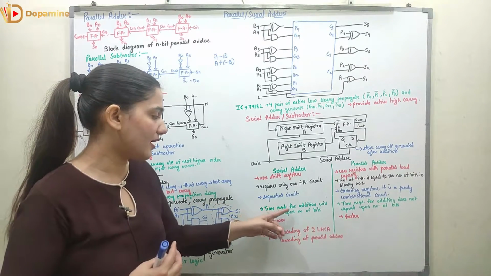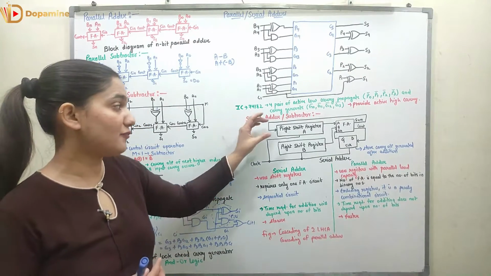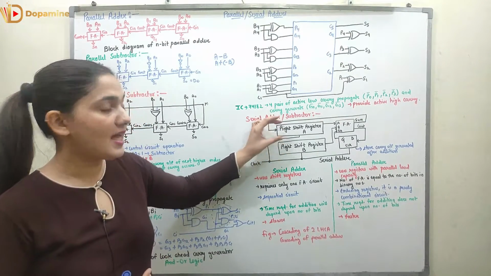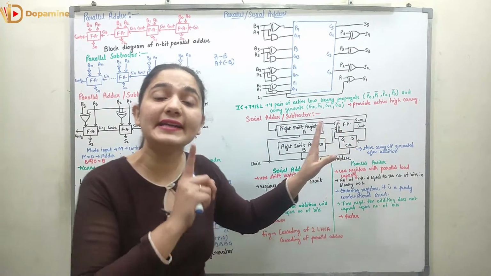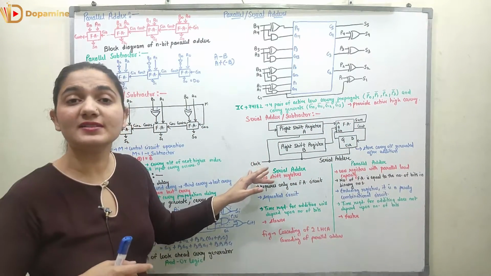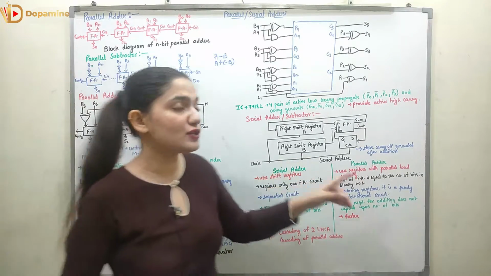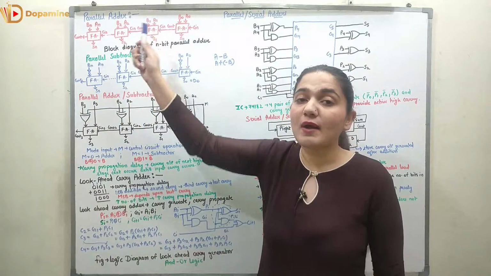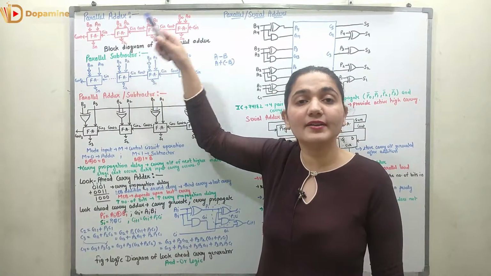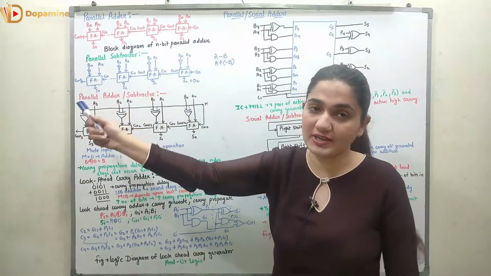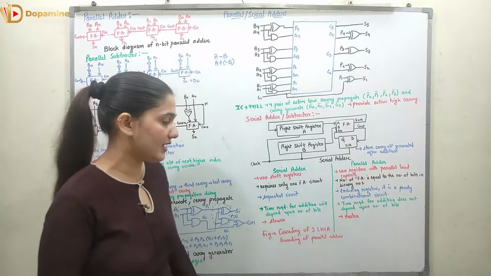So the time required for addition will depend upon the number of bits in the serial adder. If I have 20 bits in the A and the B shift registers, the flip-flop has to add 20 times, and how many clock pulses will be required? 20 clock pulses will be required. Now in the case of the parallel adder, we just require 1 clock pulse. In the 1 clock pulse, all of the bits are sent to the full adder. It just waits for the carry propagation delay, and the carry propagation delay can also be reduced with the help of a look ahead carry adder.